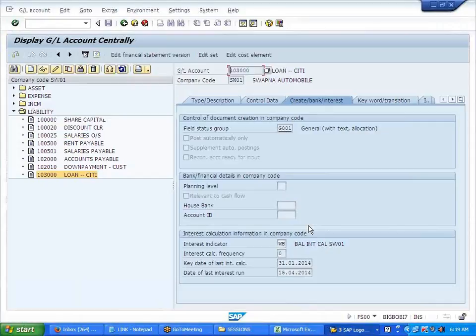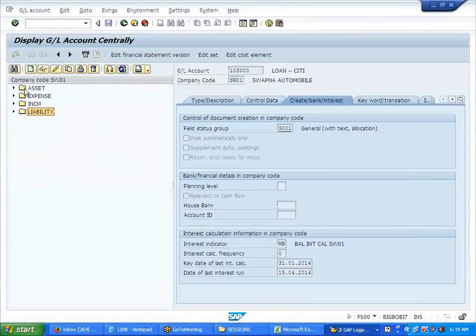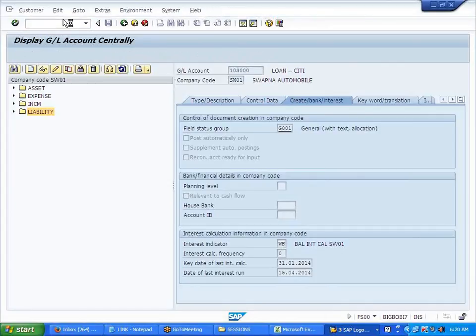Not in the reconciliation account, but in the customer master data. This is GL master data, right? When we are calculating for the loan, we update it in this loan master data. Now if we are doing it for a customer, we should update it in the customer master.